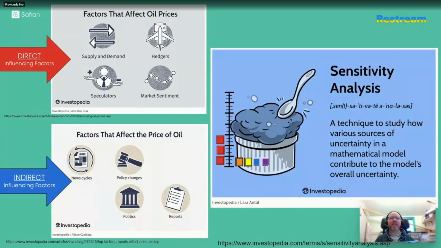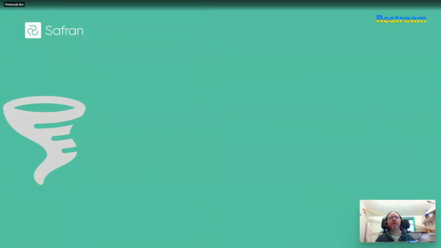So hopefully this little example gives us a relatable grounding in what is the core difference between risk drivers and sensitivity analysis. Now together, they help you as a modeler learn how much certain inputs affect the overall output of that modeled system, be it an economy, a market, or indeed a project.